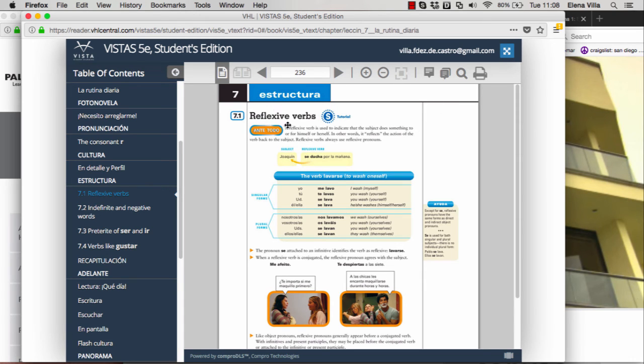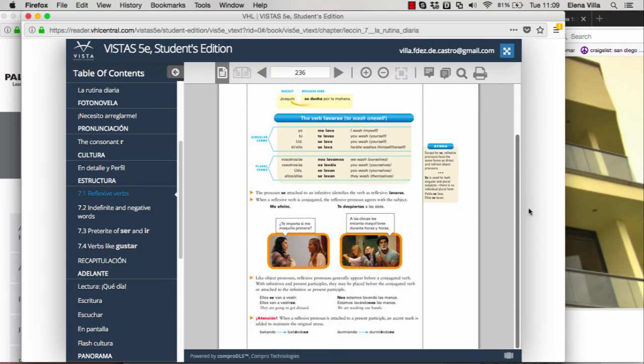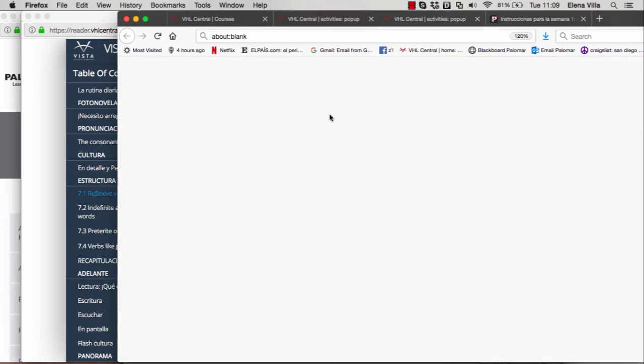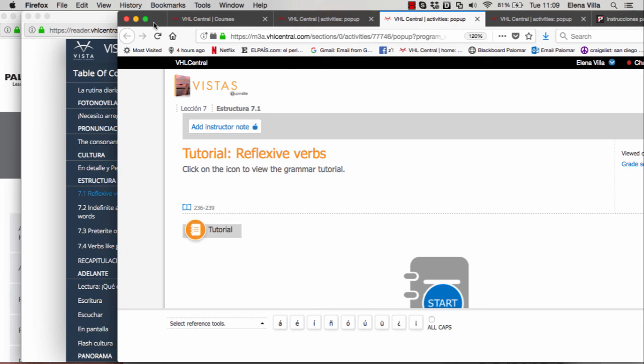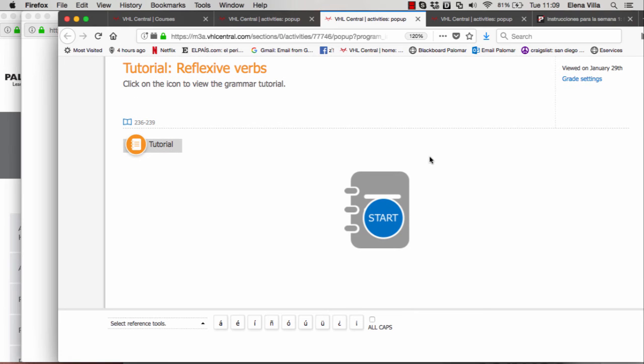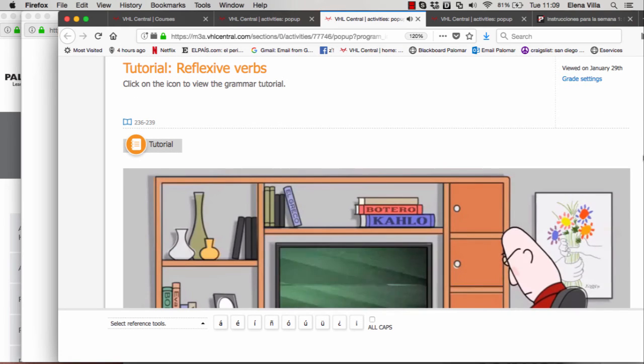So if you enter, for example, the reflexive verbs section of the estructuras up here, you will see that you have a first part with written information about how to use the reflexive pronouns with reflexive verbs, and you will have an S with a tutorial. And this is going to be very useful, especially for those of you who are audio learners, because